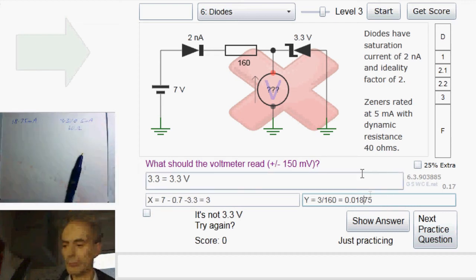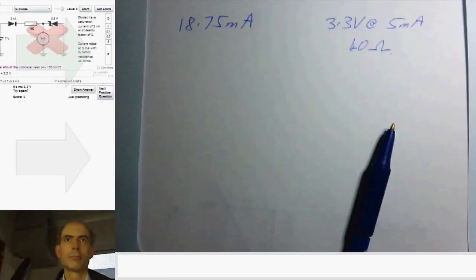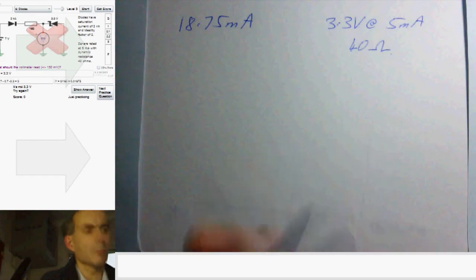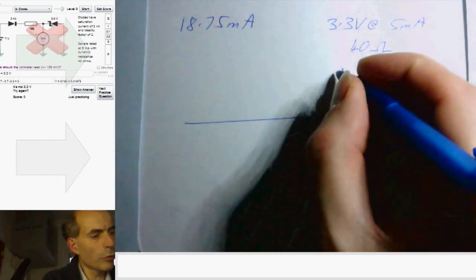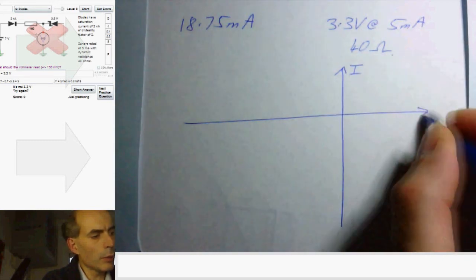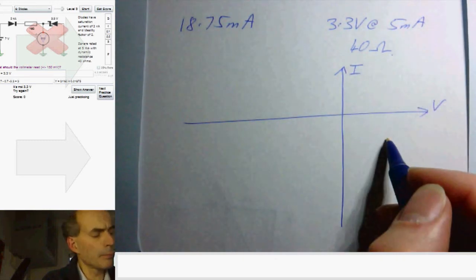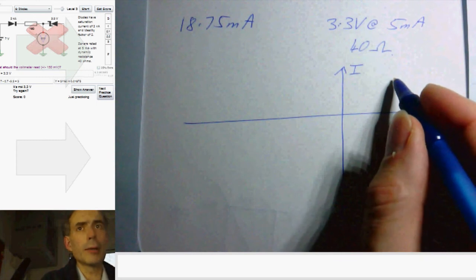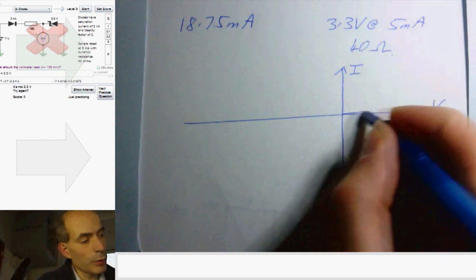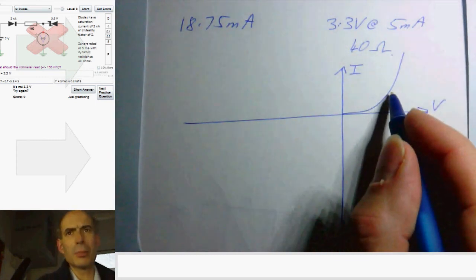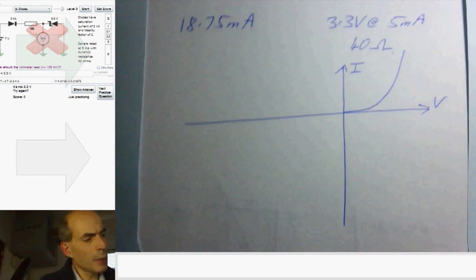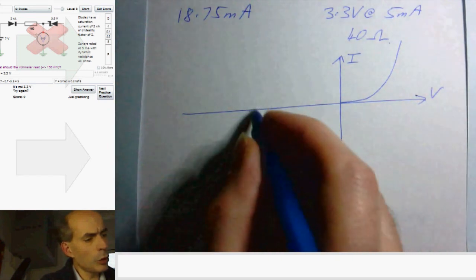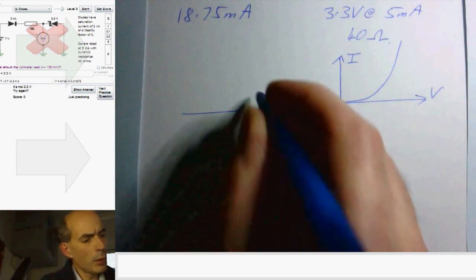Okay, time to do some more detailed analysis. With a Zener diode, we can plot the current versus voltage characteristic, otherwise known as the IV characteristic. And in the forward direction here, it just looks like a normal silicon diode, so it will be an exponential curve, something like that. In the reverse direction, however, we know that it goes through a point which will be